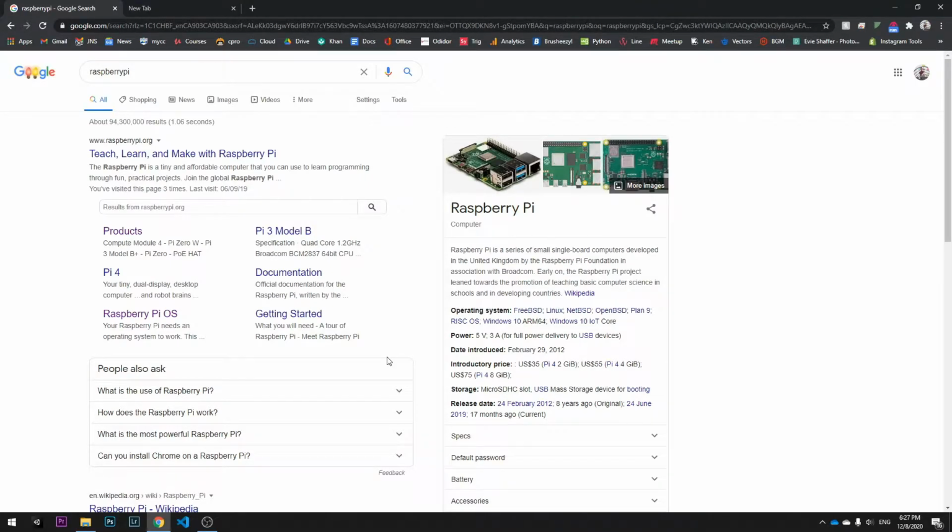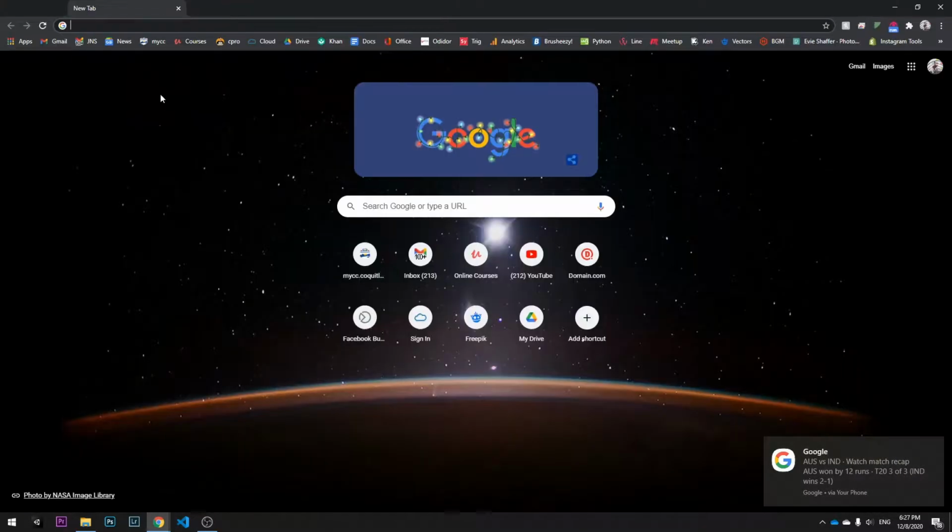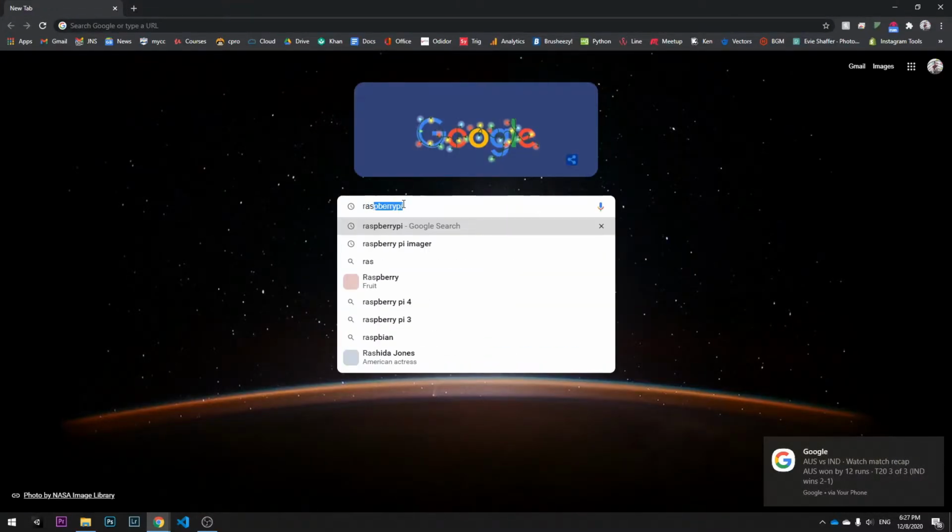Hello guys, today in this video we are going to take a look at how to install an operating system inside a Raspberry Pi. If you need to install an OS inside a Raspberry Pi, you need a storage. So basically you can use a flash drive or SD card. So insert your SD card or flash drive into your computer and go to the Raspberry Pi website,